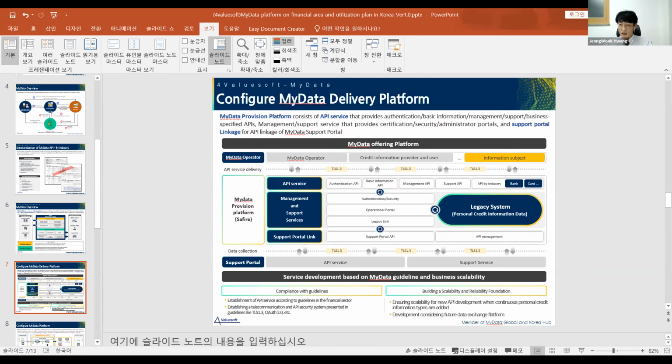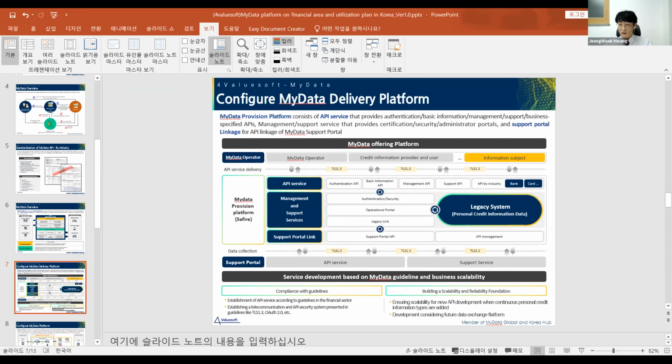Management support service contains authentication and security, administrator side, and legacy link tasks. Connection to the support center refers to connection with the institution that supports the API.